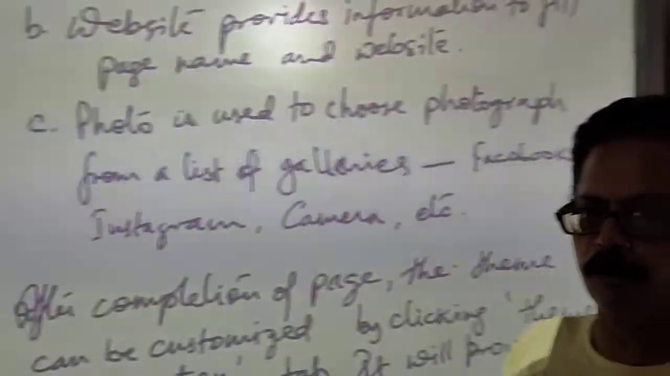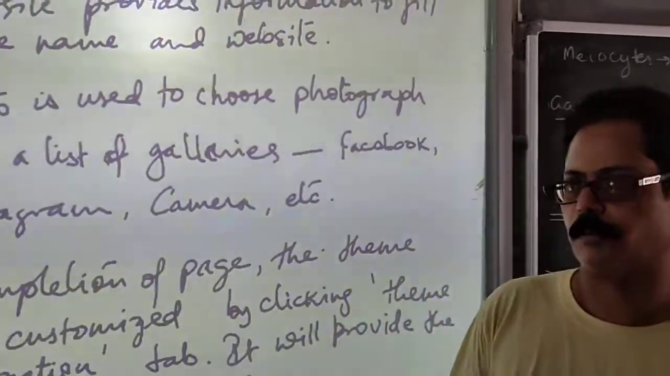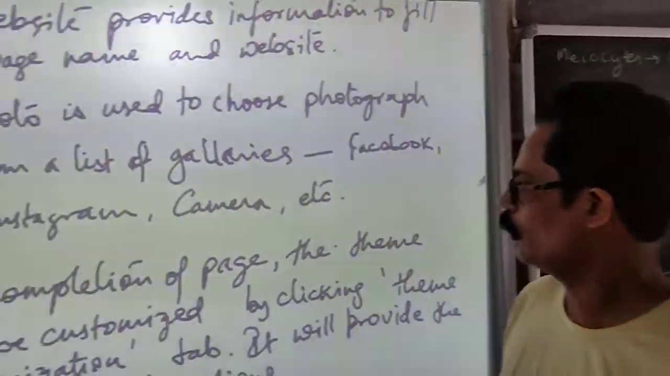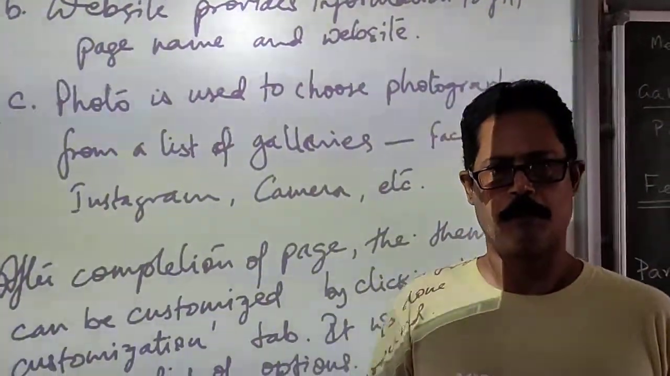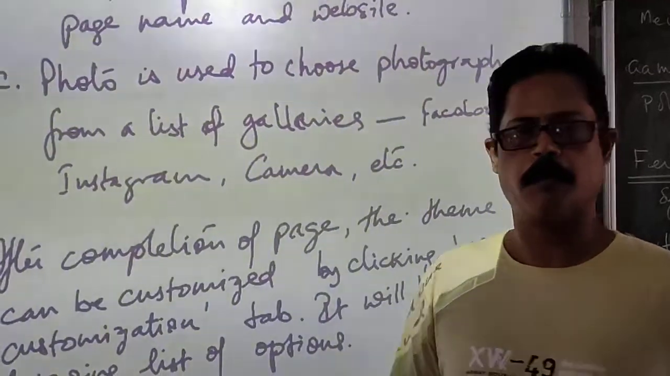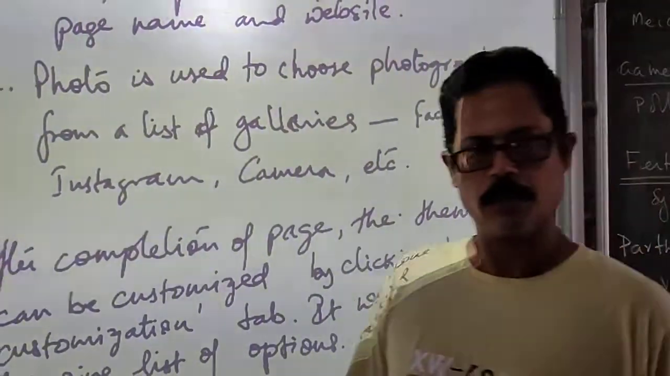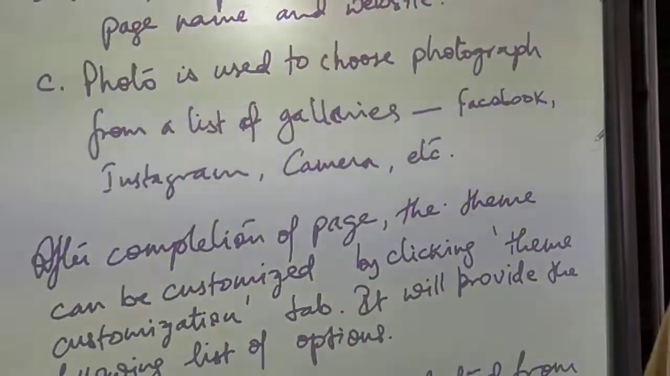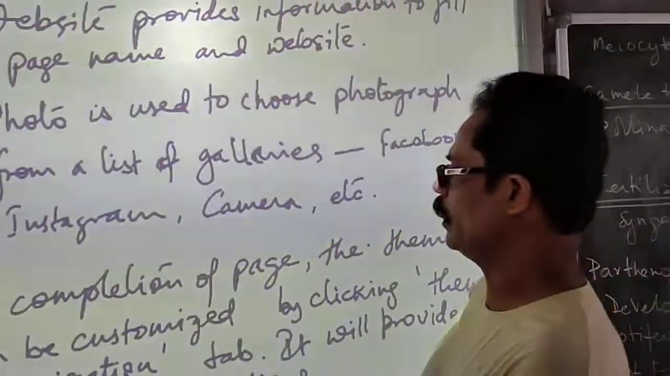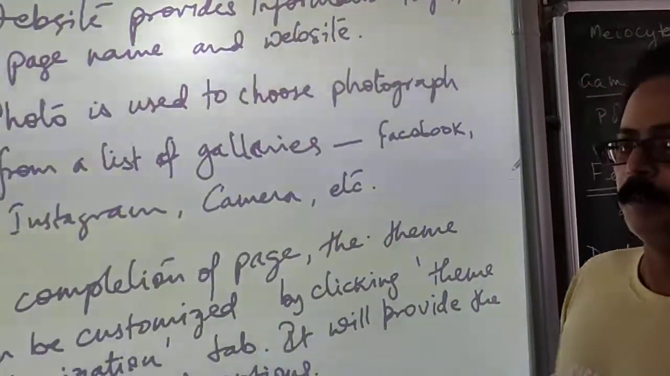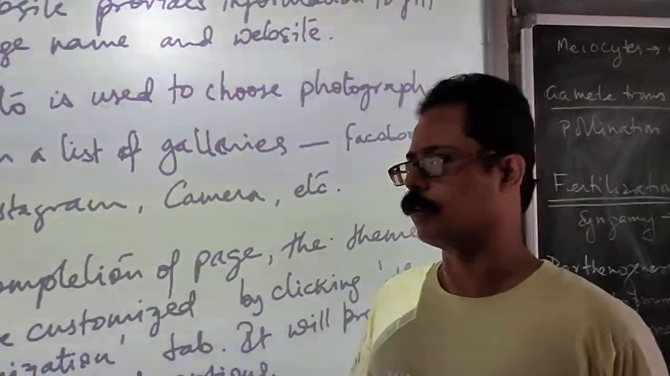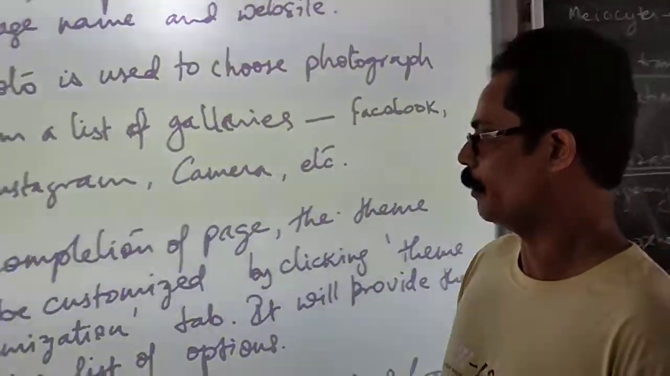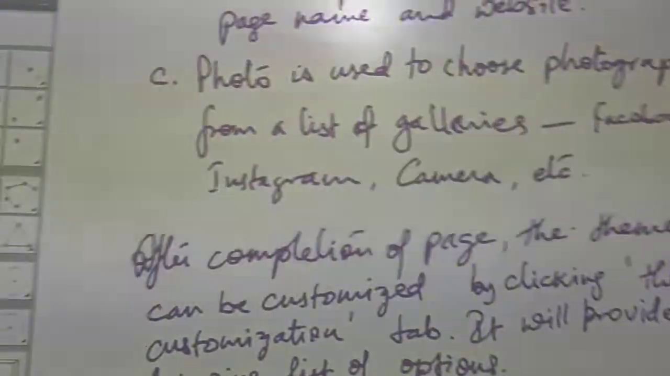Normally what we do, we import photographs from Facebook, from Instagram, and so on. Similarly here also you can use even the camera, because you have been storing so many photographs in your mobile phone. So you can keep that in a photo, right? By default, it will take the pictures from Instagram, or import the pictures from Facebook or Instagram or even from the camera. So you allow that. Then after completion of the page,